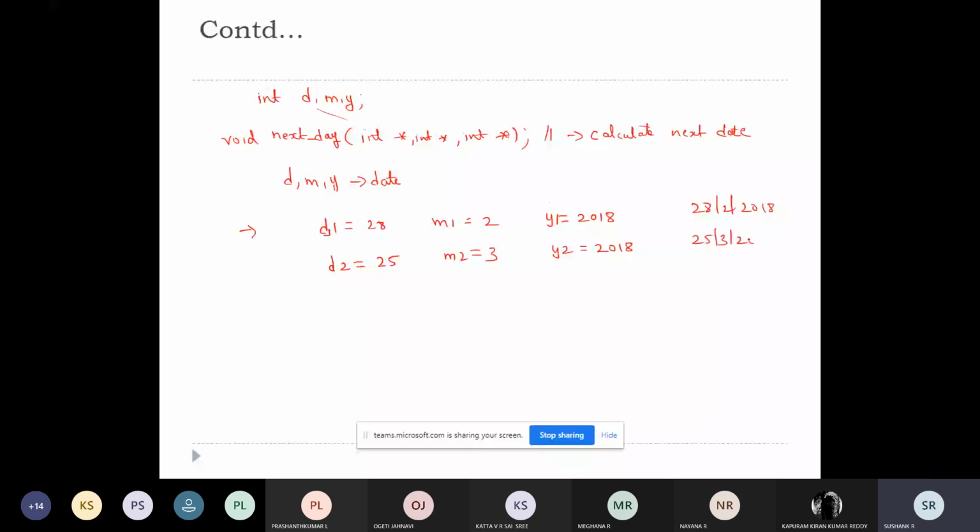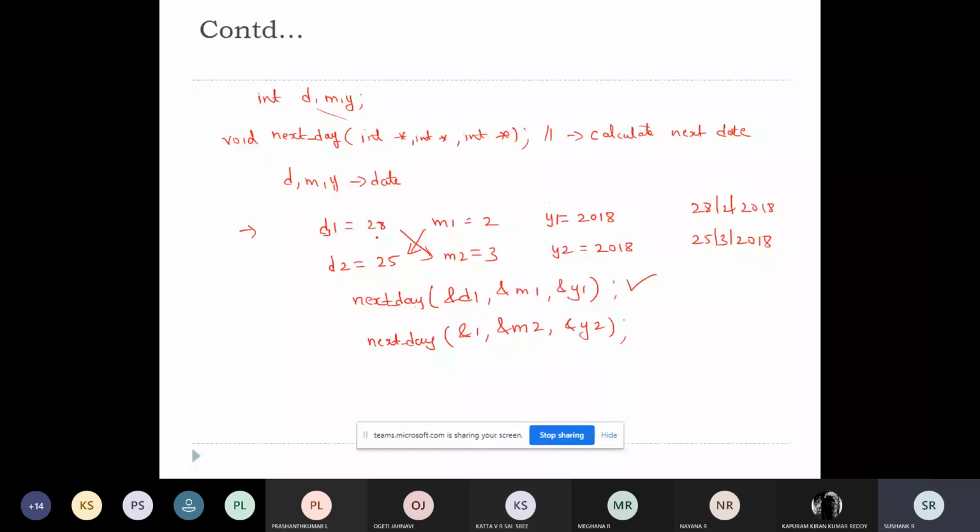But when I'm calling this next day function, I can interchange these. If I write d1 m1 y1, it is correct. But what if I write d1 m2 y2?